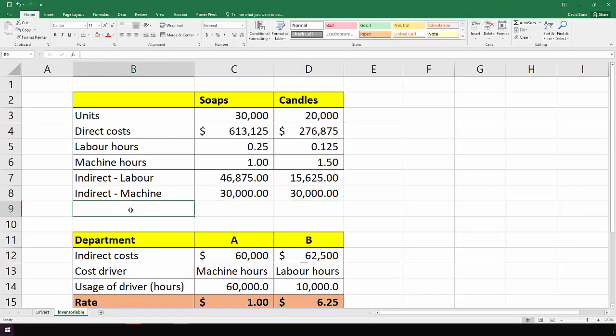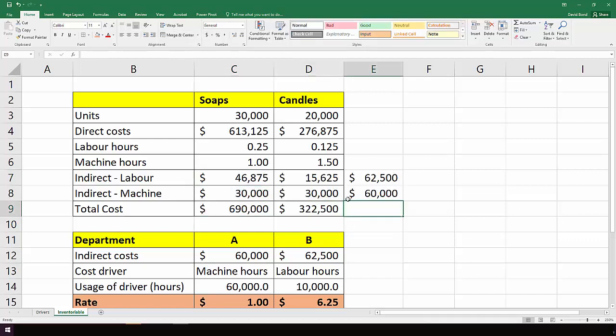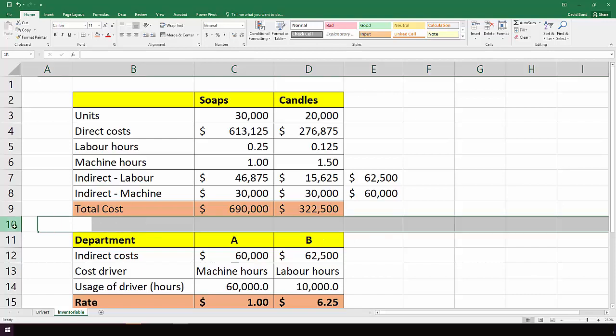And what we end up with is total cost is direct plus labor plus machine. I'll tidy this up a little bit. So after tidying this up, we end up with total cost of 690,000 for soap, total cost of 322,500 for candles